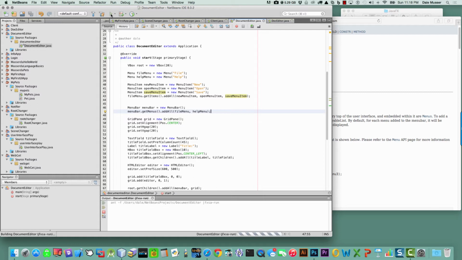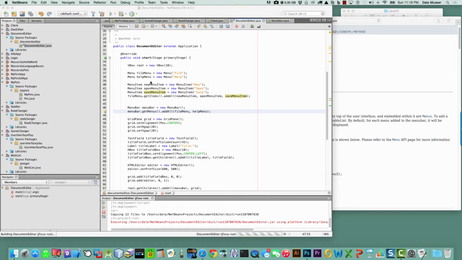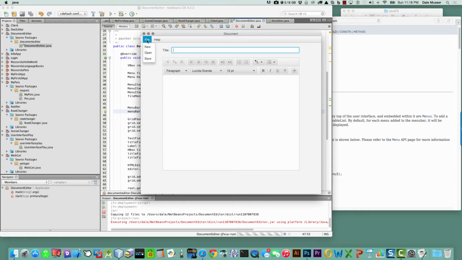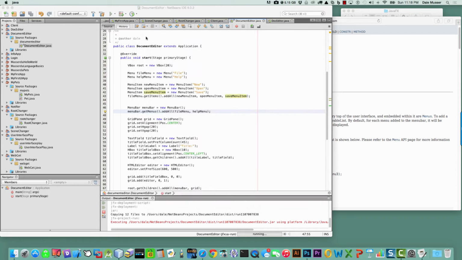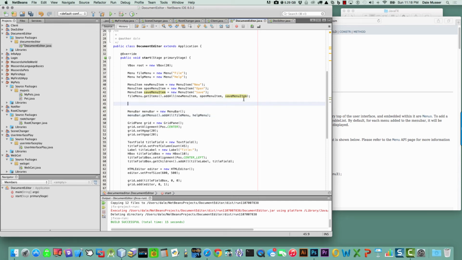So let's see what that looks like. So I'm going to run it, click File, and I get new, open, and save. Help currently doesn't have any sub-menu items. We're going to, though, add a couple of menu items to help. We're going to have one that says